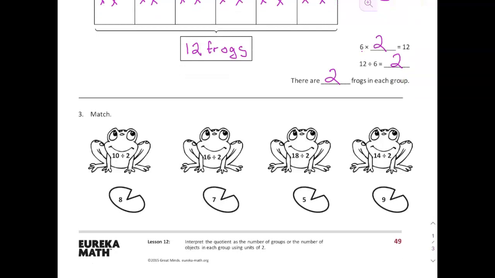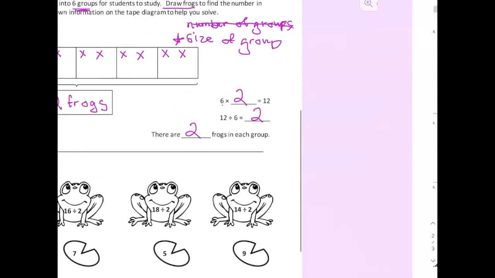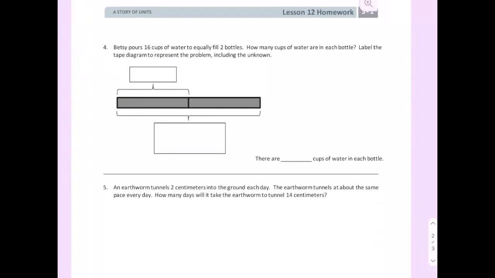So you want to find 10 divided by 2. So 10 divided by 2 groups, or 10 divided by 2 in each group. What does it equal? So you can match those up. Let's take a look at our next one. This one says,